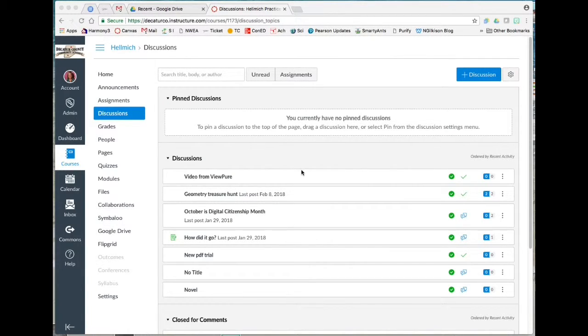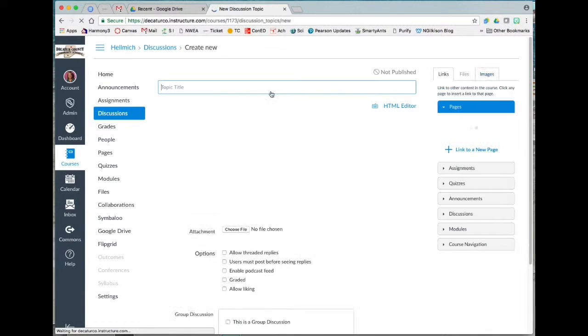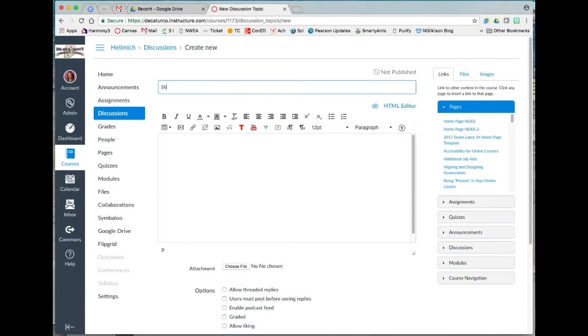Perhaps one of the easiest ways for students to share things with each other using Canvas is to do so in a discussion. To create that discussion, you go to your discussions page in the class that you want to share, choose New Discussion, give it a topic,